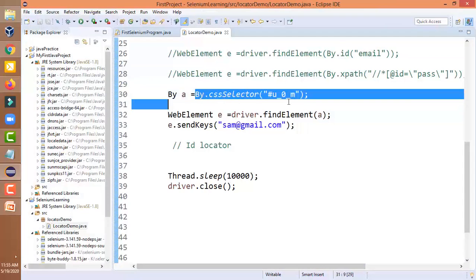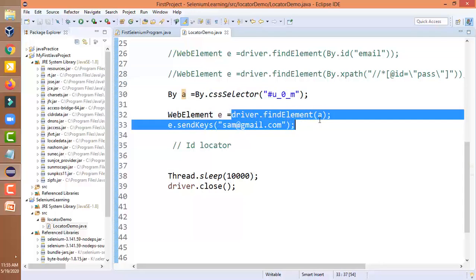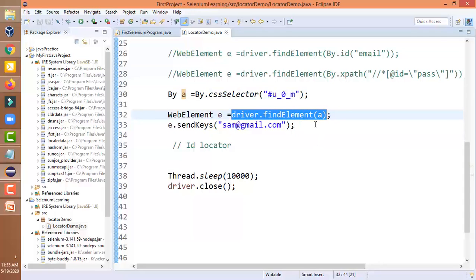So this returns the object of the By class and we can store it in this variable a, and instead of that statement we can write it over there. And this line driver dot findElement will return the reference of the web element. So we can create a reference of WebElement, stored in a reference variable e.